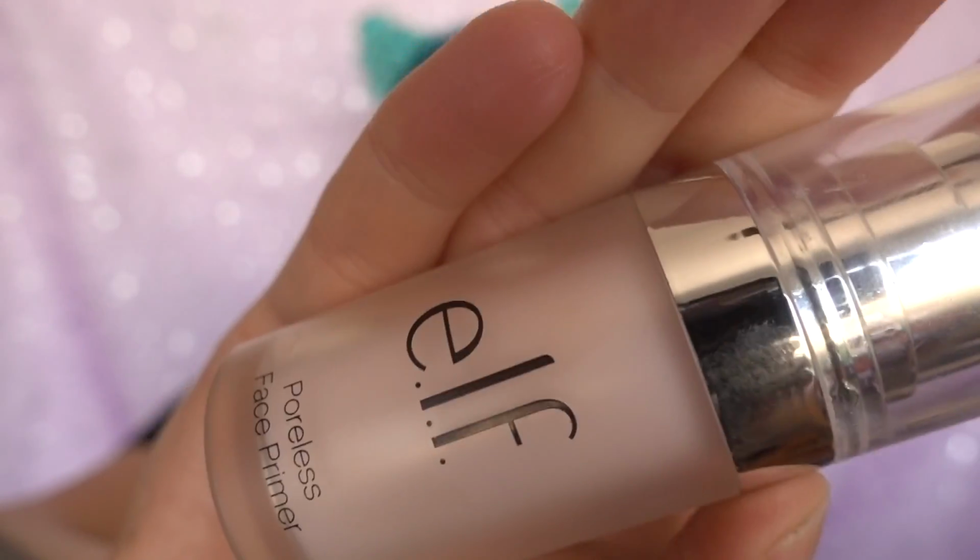I'm going to start with the e.l.f. Poreless Primer, which is my absolute favorite primer, and I'm just going to take a tiny bit of it and put it in the places around my face where I have more pores. And then if there's enough, just kind of cover the rest of my face. Spread it out evenly, but I really want to focus on right here and on my forehead where I